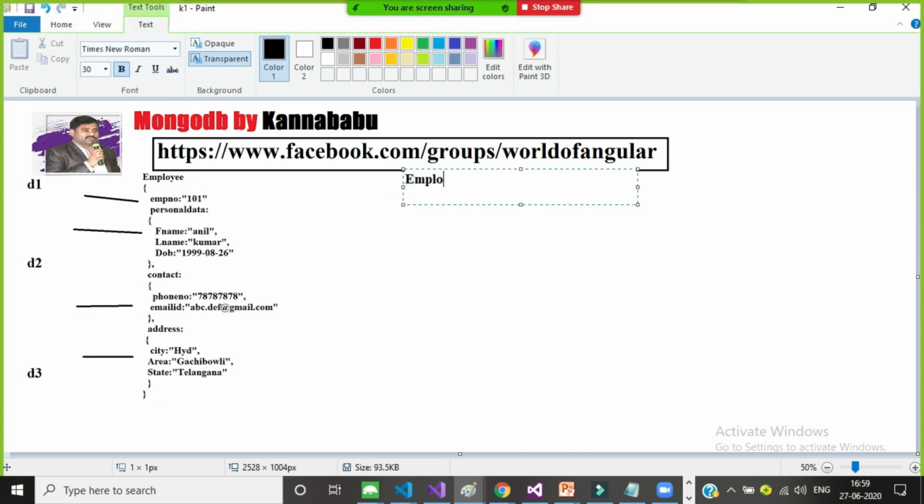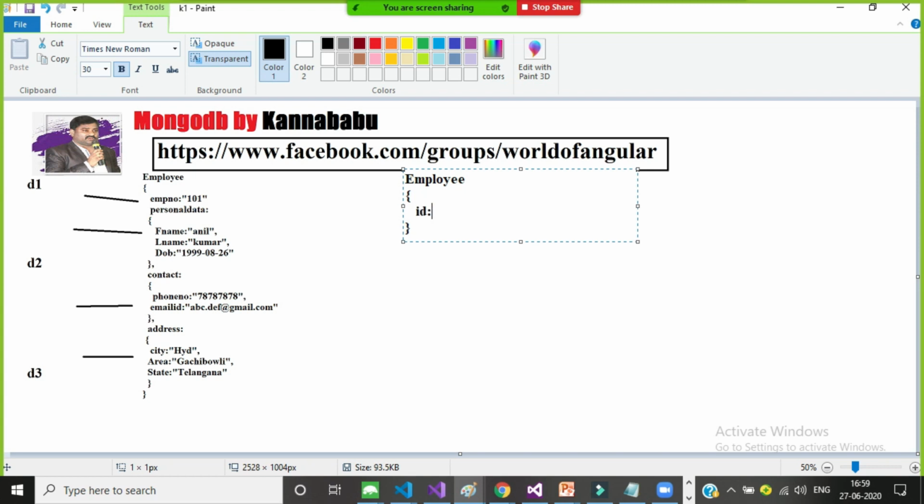Here I'll try to create one employee, bracket open, bracket close, and I want to maintain the employee. I'll give some ID for every document. Mandatory, if you want to design a normalized document, you have to create a separate ID for each and every document. Here I'll give the ID doc101 for this document.